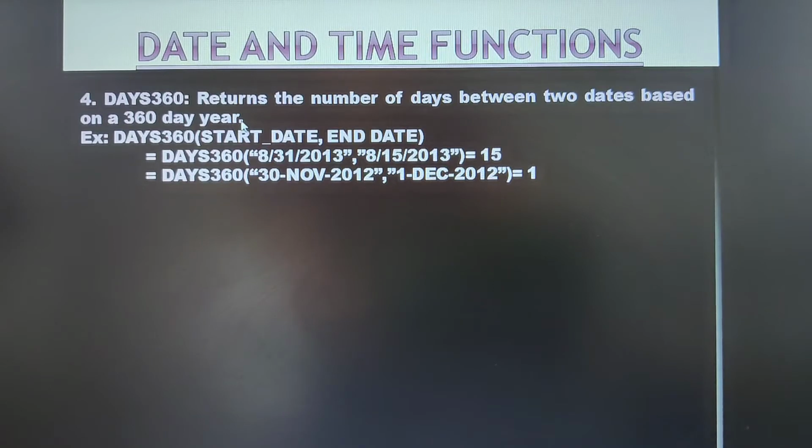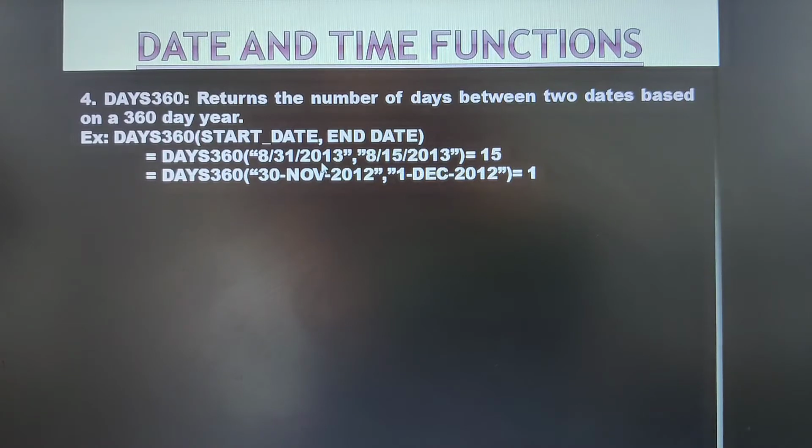It means that if I want to know how many days there are between two dates where the year is 360 days, not 365, it shows you the total number of days between the start date and the end date, counting from this particular start date to this particular end date.